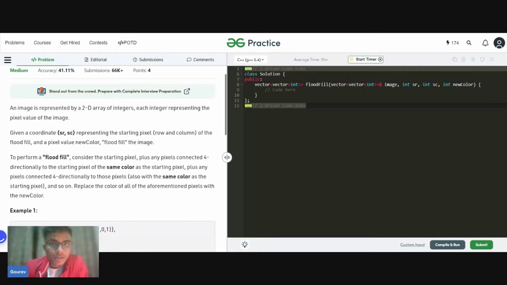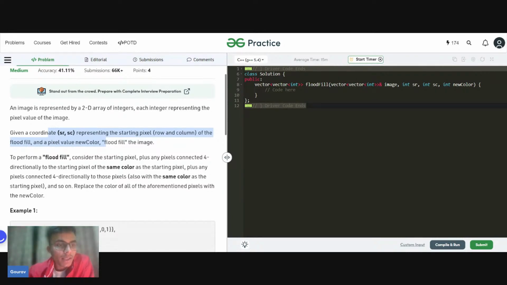Now in the question it is saying that there is an image which is represented by a 2D array of integers. Each integer is representing the pixel of an image. So this is also a problem in which our graph is given in the form of a matrix. Now we are given two coordinates, sr and sc, which is basically the source representing the starting pixel of the row and the column, of the flood fill.